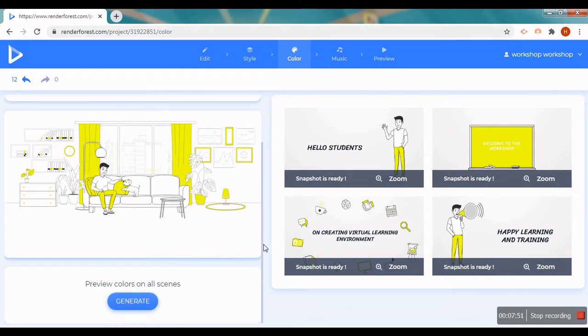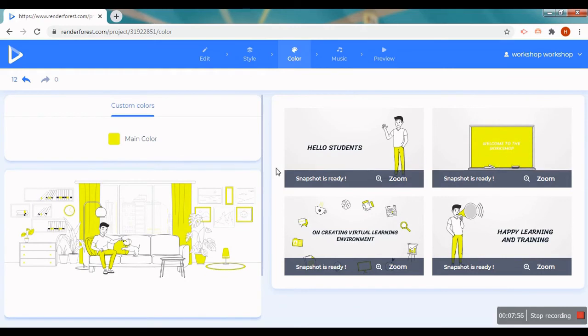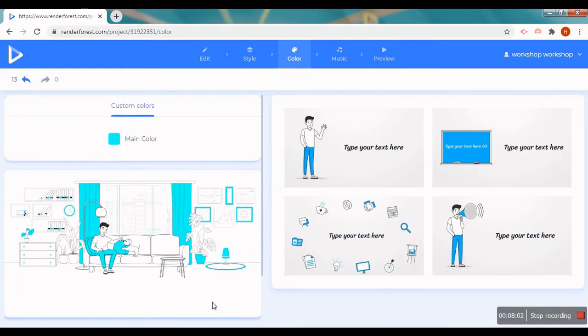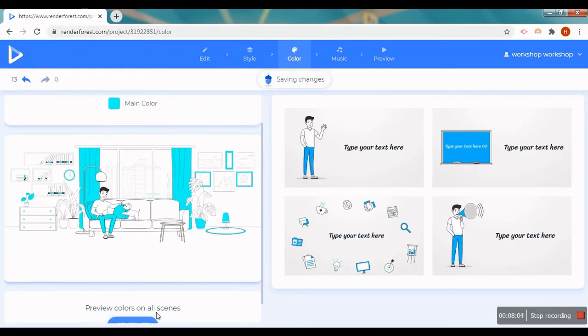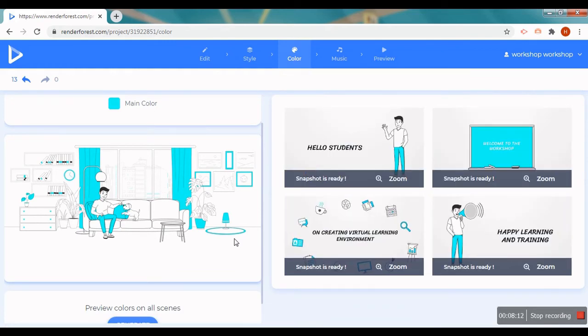If you don't like this, because probably your text here is not visible on this, we can again change it. Let's change it to this, and again let's have a preview. Right, so hopefully this looks okay.